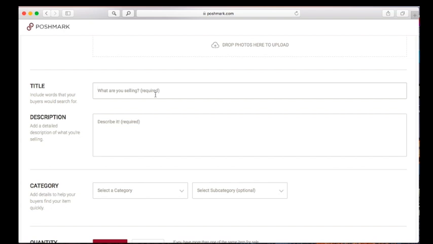I do the brand name, what the item is, and maybe one or two keywords, not many. I save those for the description. I try to keep the title as short and clean as possible. So this is a Joie top, and I'm going to put cheetah print just as a couple keywords to have in the title. And then in my description, I'm going to go into more details. So I'm going to do Joie silk top,